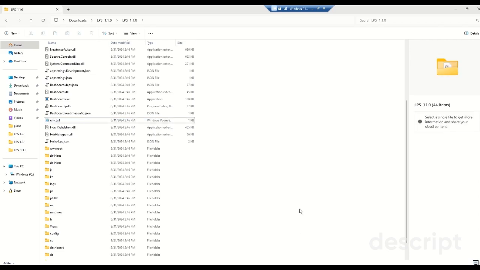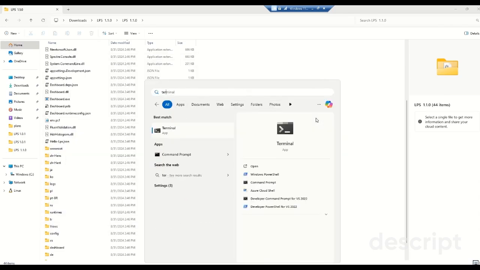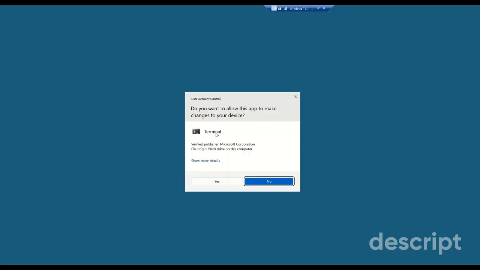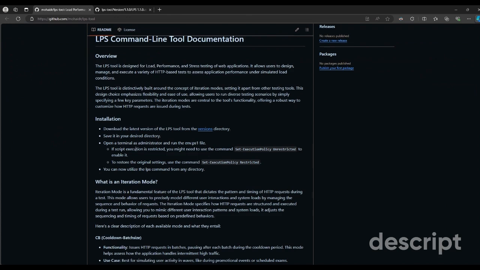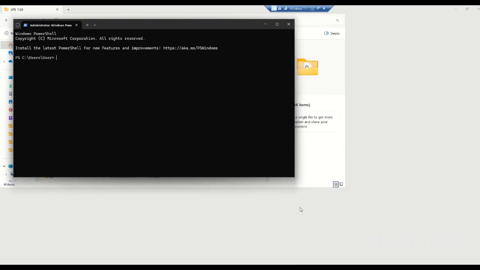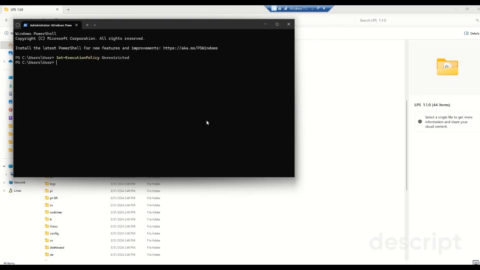So the very first thing we need to do is open the terminal as an admin. Then let's grab this command, because most likely the script execution is going to be restricted. You may need to set the execution policy to unrestricted, or whatever works on your computer. Then you can revert the change afterwards to restricted by running the same command using the restricted keyword. So I'm going to go to my virtual machine again and run the command, and then